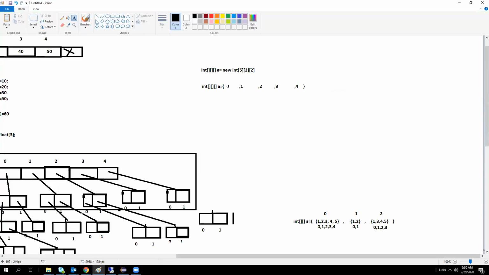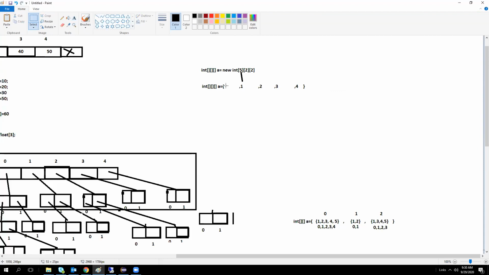This is a single-dimensional array. It represents this array. But again, the next is 2, no? So for this 0th location, we have one more array.